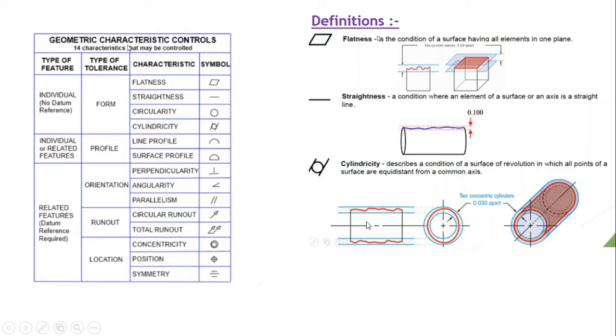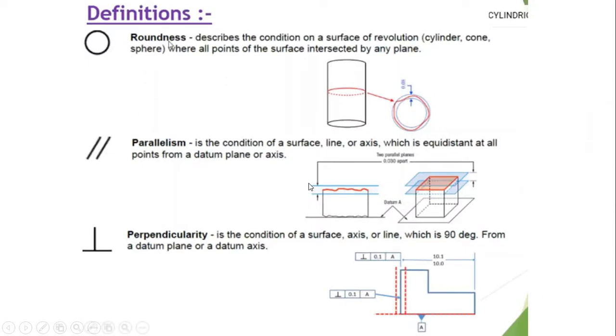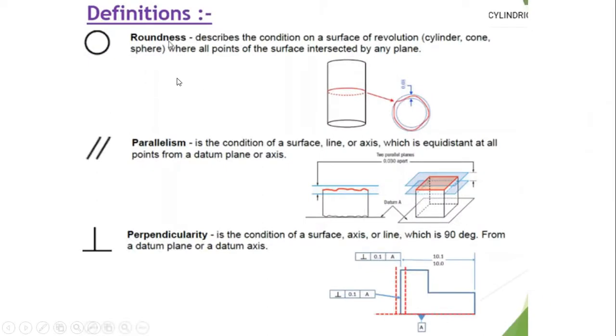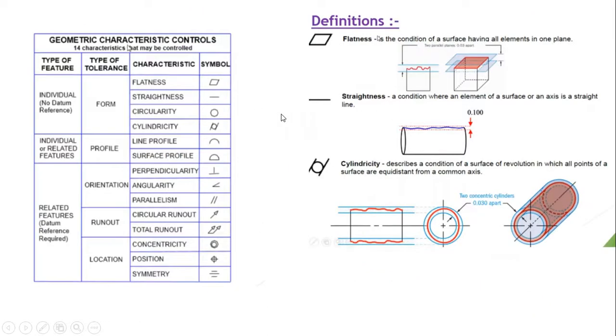So you do need to remember that each and every component has some amount of tolerance, not every component is perfect. And then cylindricity is the same as this. If you consider the overall surface, it too should have the proper diameter, which should lie under the tolerance, so then we call it cylindricity. So in simple terms, equal distance from the particular point. And then roundness, so roundness is the same.